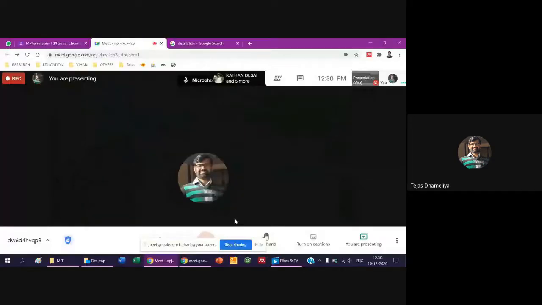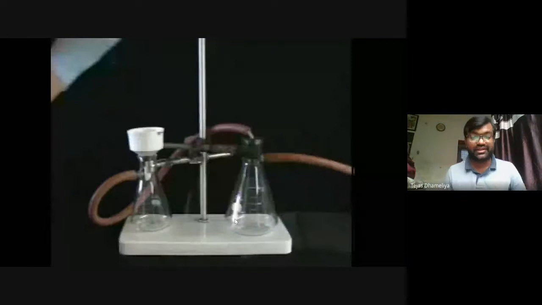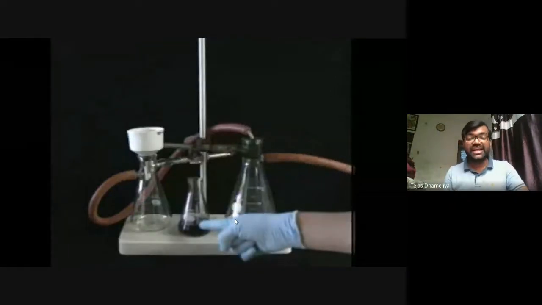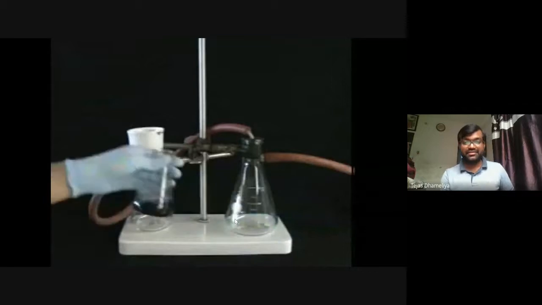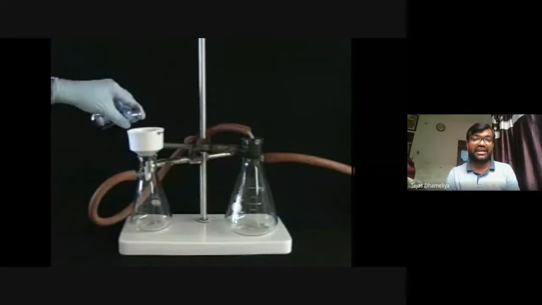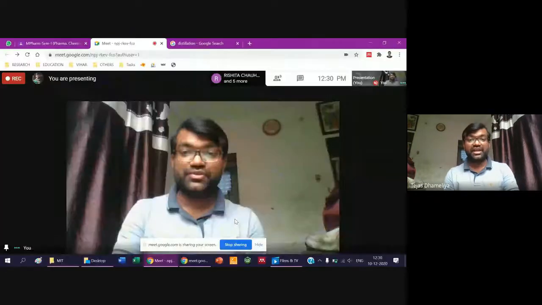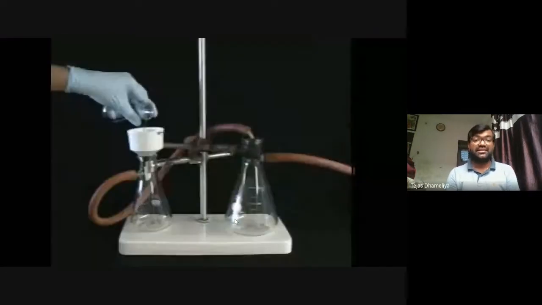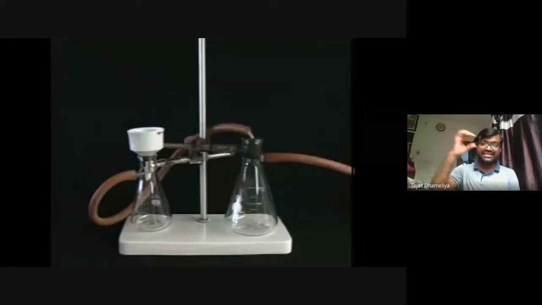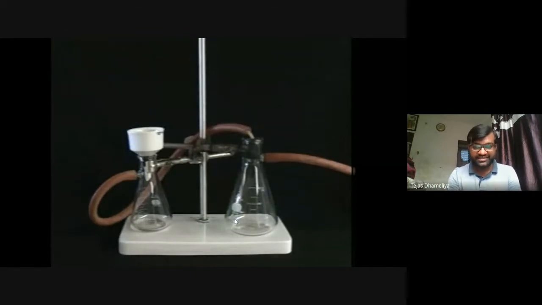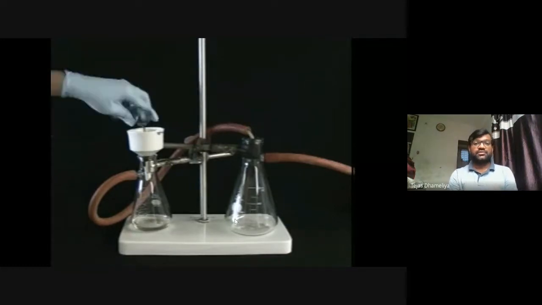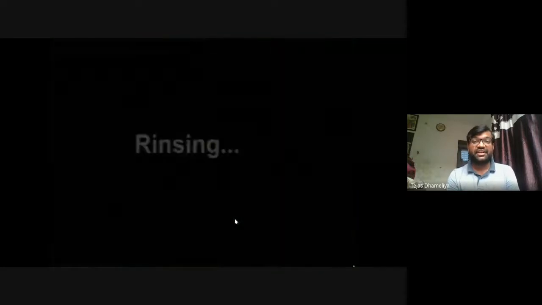Time for filtration is there for this view. We can see how the time for filtration is. Yeah, so they have taken the sample and have added the same thing into the reaction mixture. So now we will be able to see this filtration. They will start the pump now, and उस पे ही add करने से you can see the filtrate is dropping into the conical flask. Okay, this is the way the filtration can occur.